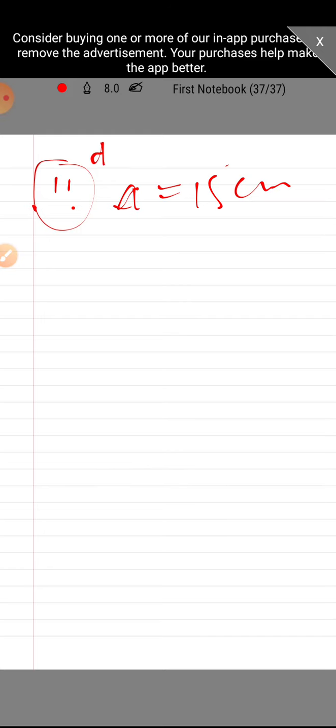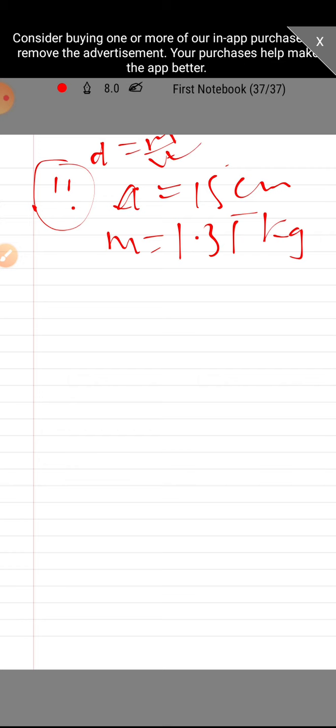Now moving ahead, we will move to question number 11. So question number 11 basically, 15 centimeter side of the cube is given. So A is given as 15 centimeter. So we know the formula of density, I am writing it at the top, D is equals to always m/v. It means to calculate density we need to know mass and volume. So when you read the question, your mass is given as m as 1.35 kg. So basically mass we know, all you need is volume.